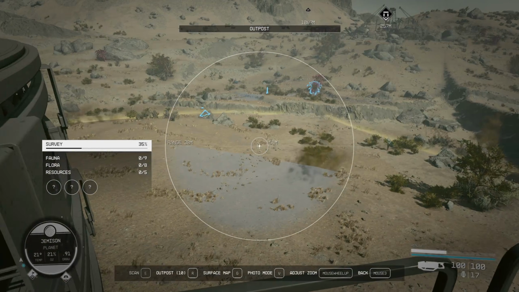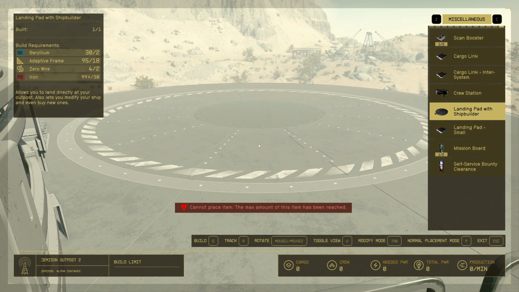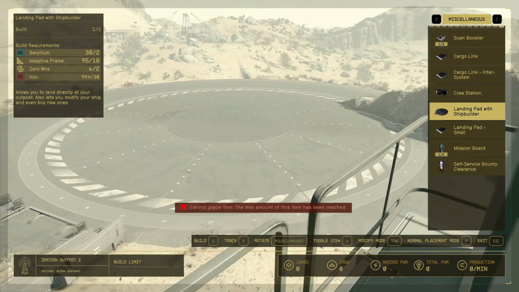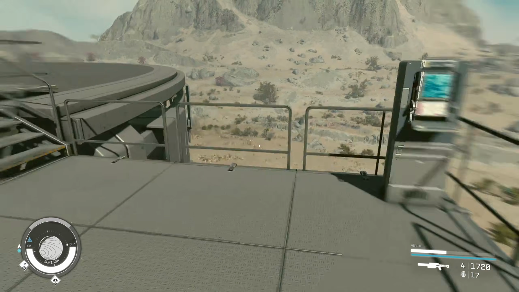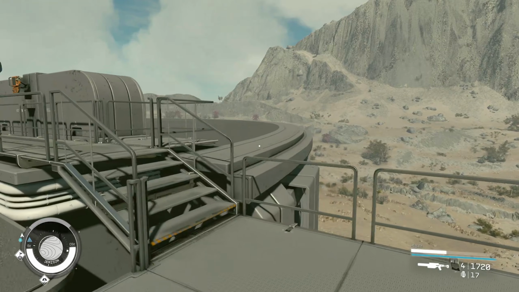Well, firstly, you want to make yourself an outpost. I recommend building a landing pad with a ship builder. It needs beryllium, adaptive frames, zero wire and iron, quite a bit, so it might take a little bit of time to be able to build one of these things, but once you do, you'll have access to almost all of the ship parts simply from this console, and you can build anything you want, really, from the